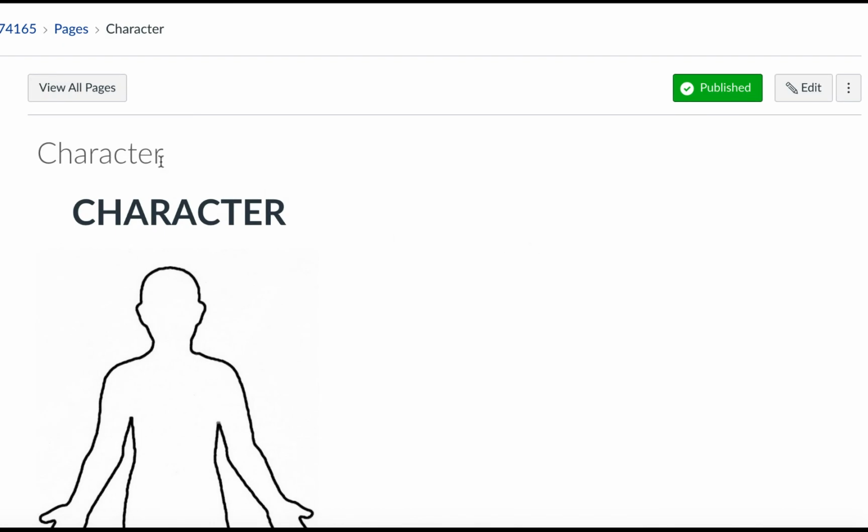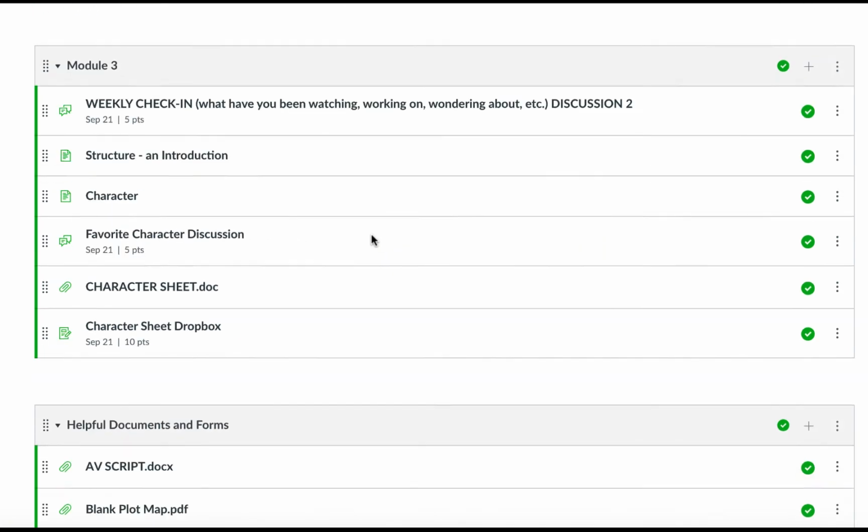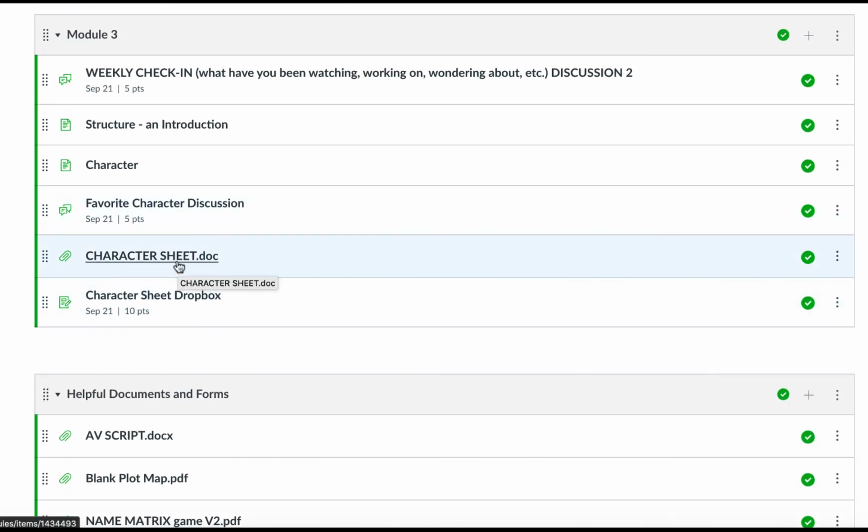So going back, what I want you folks to do in Module 3 is I have provided you with a character sheet to do on your own. Pick one of the characters that's going to be in your script, or another character that you have been thinking about, kicking around. Do a character sheet for that person. And then here is your character sheet Dropbox, where you can drop an attachment of the character sheet you filled out. You can load this in Google Docs if you want to do it that way, but try to get a PDF output of that like you do with your scripts. Drop it in this Dropbox. You can also do it on paper, write it down, and photograph it too. That'll work as well. I'm good with all that stuff.